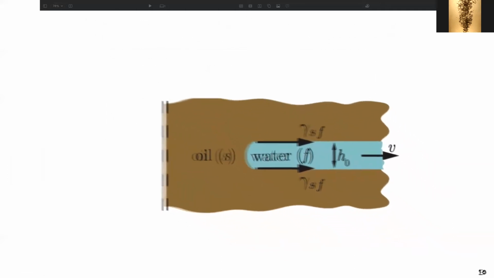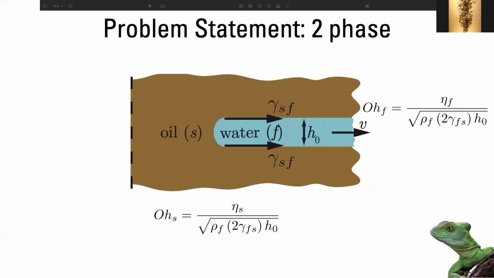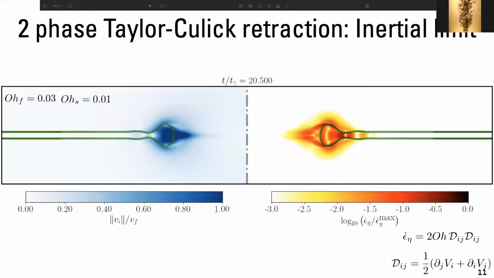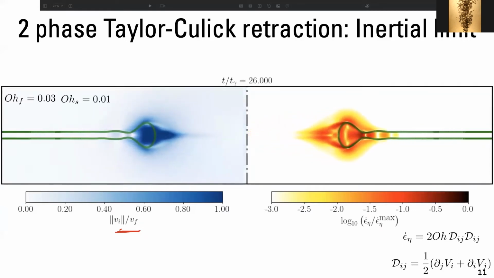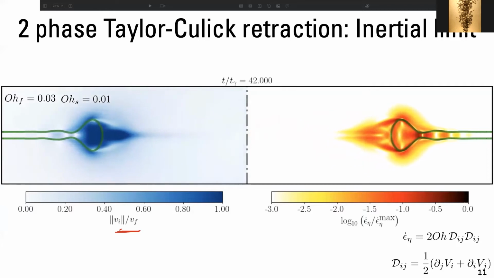Looks at such a configuration where they essentially look at the retraction of water films inside oil baths. For such a system, there are two control parameters. One is the Ohnesorge number based on the film viscosity, and another is the Ohnesorge number based on the surrounding medium viscosity. Now, first we look at a case where the Ohnesorge number of the surrounding is very small, which is this case over here. Just note that on the left hand side now, I normalize with the final tip velocity, which is Vf. So what we see is that similar to the classical Taylor-Culick case, the tip quickly reaches this